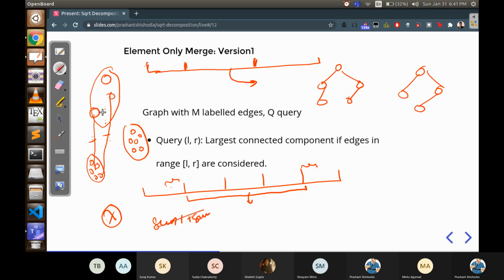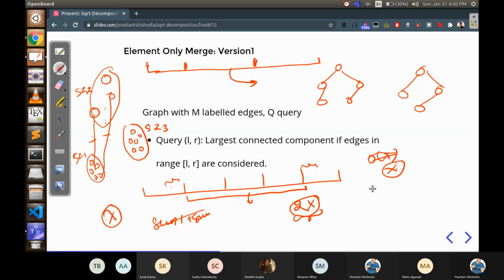The size 1 plus size 2, and then size 3. Size 1, size 2. So what I'm trying to make a point of is that these X elements, these X edges that I'm trying to add, will only affect at most 2X components. Okay, so I can check those 2X components by hand to see what the final maximum size there is.